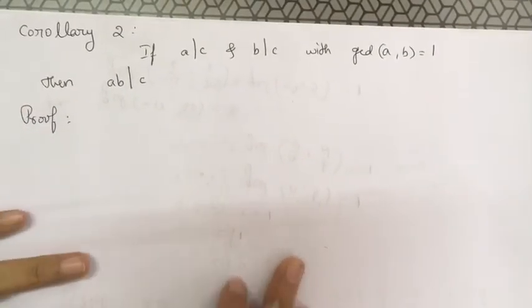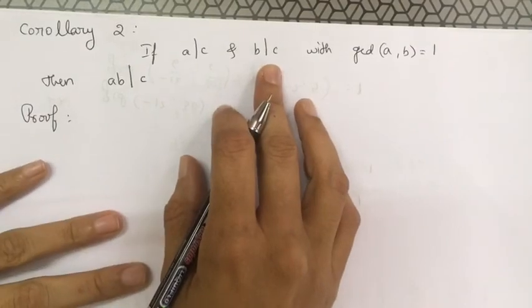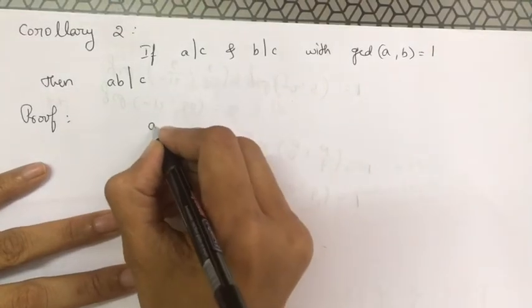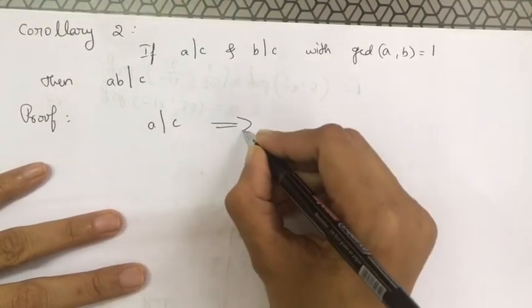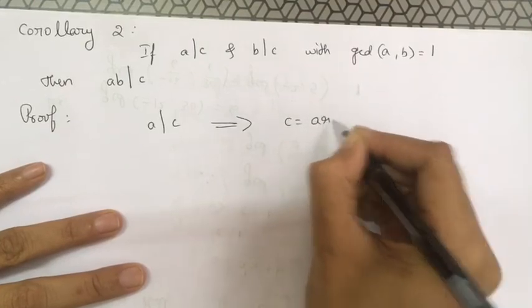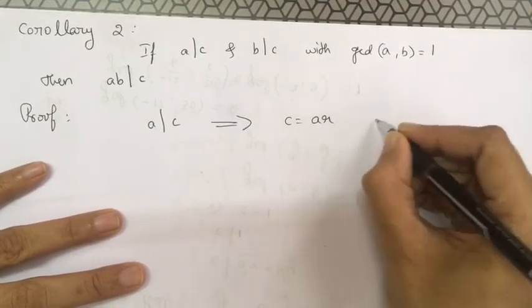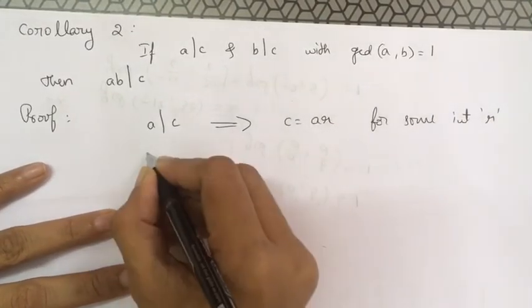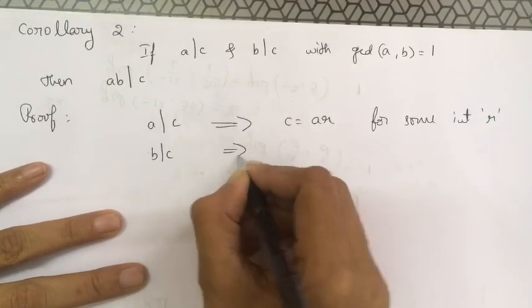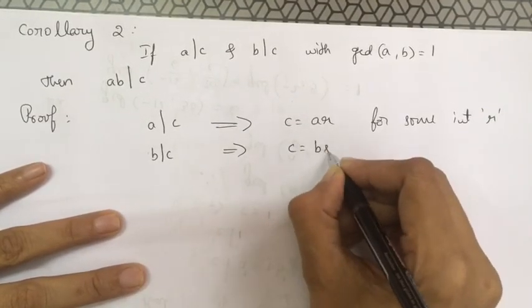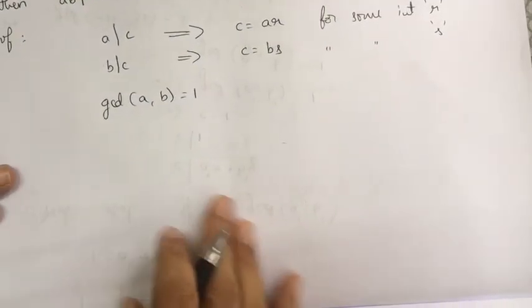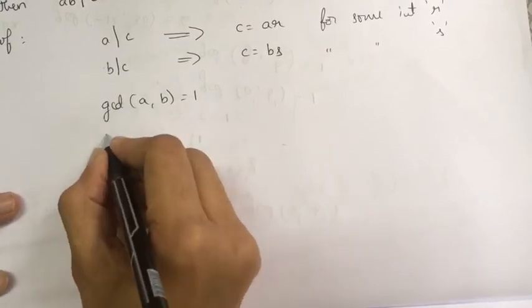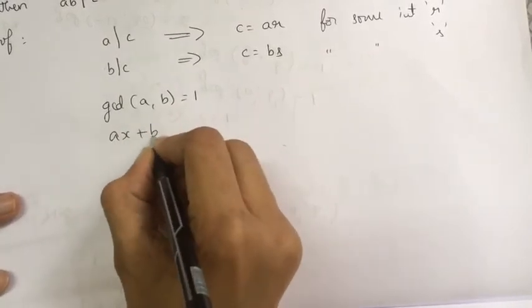If A and B are relatively prime and A divides C and B divides C, then AB must divide C. See, if A divides C, then I can write C as the product of A into R for some integer R. Similarly, B divides C, so I can write C equal to B into S for some integer S. Since GCD of A and B is equal to 1, for some choice of X and Y, AX plus BY